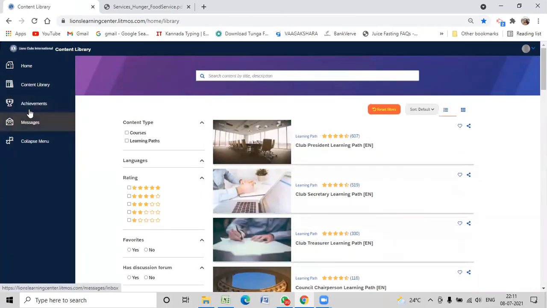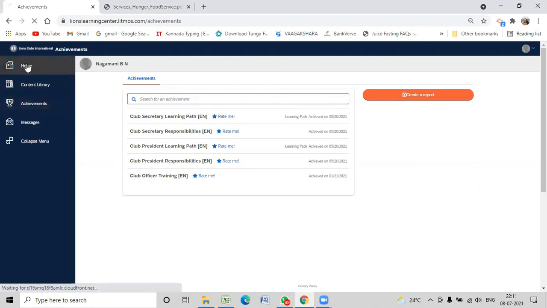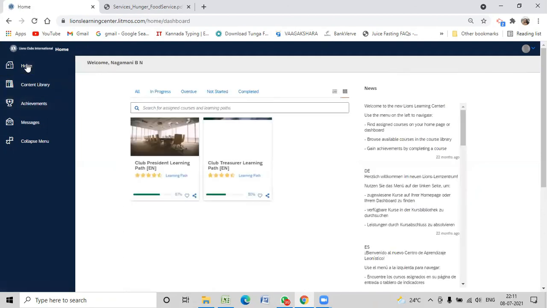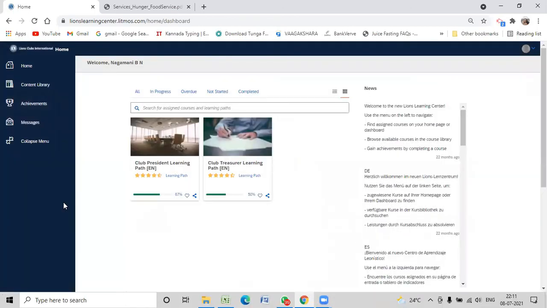And if I have to show you how many I have completed, these are all the things that I've completed. And at any point in time, you can download the report and see how many you've completed and how many more to go as well. Okay, so this is one very important thing of MyLion app, which is the MyLion Learning, the Lions Learning Center.